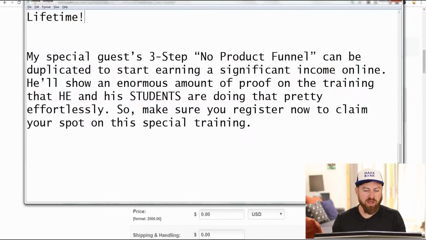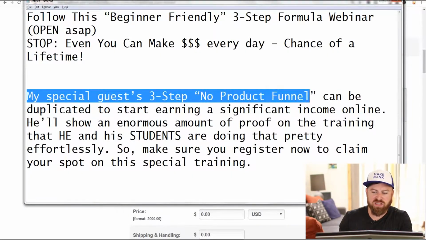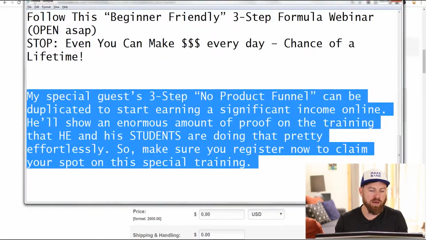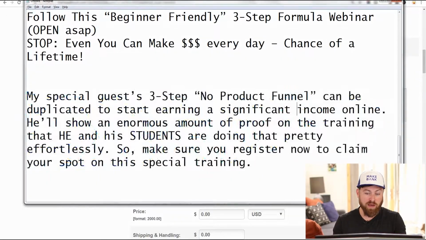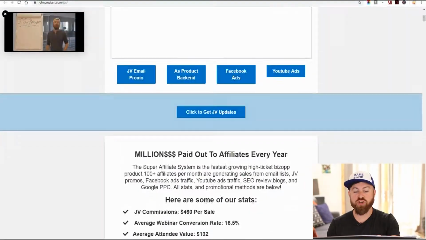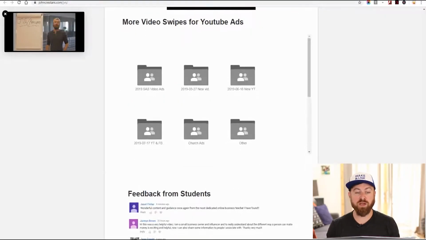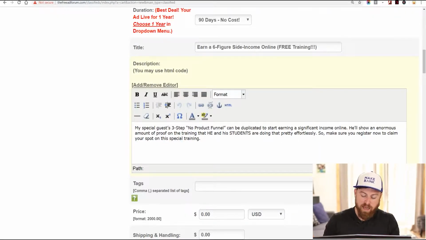Now I've put in just a sample description here, and I just say my special guest 3-step no product funnel can be duplicated to start earning a significant amount of money online. So I'm just gonna copy this, and this is something you can do too. You can write this out, and I'm going to try to put this information on my JV page towards the bottom by the time you watch this video, okay? So it's not there right now. So now I'm gonna paste this in here, and we have the description, and